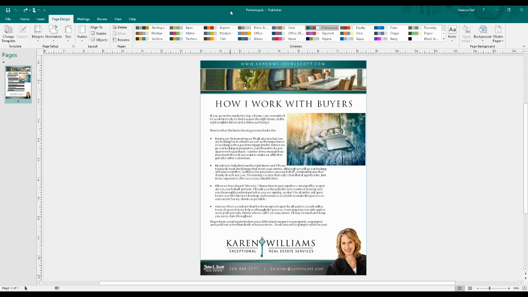those, or toggle between the two of them, because in some cases it makes sense to have both versions of the same piece. For example, in this How I Work with Buyers piece that we're going to be taking a look at today, this might be a good opportunity for you to have a horizontal piece if it makes more sense to have that, or How I Work with Sellers, for example, and you want to insert that into